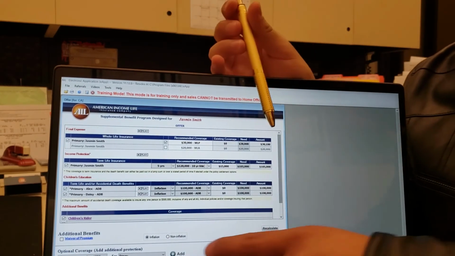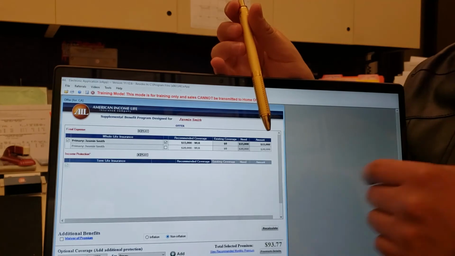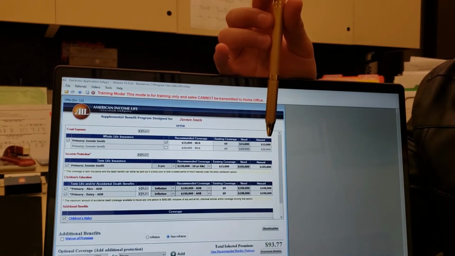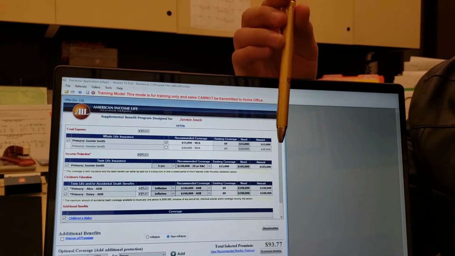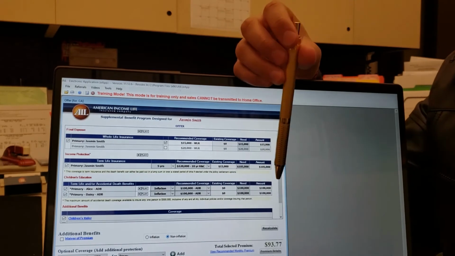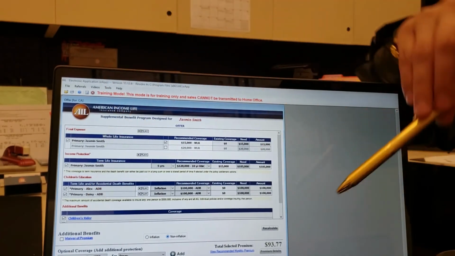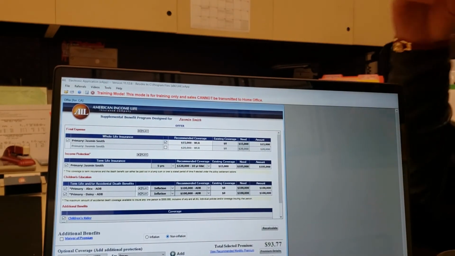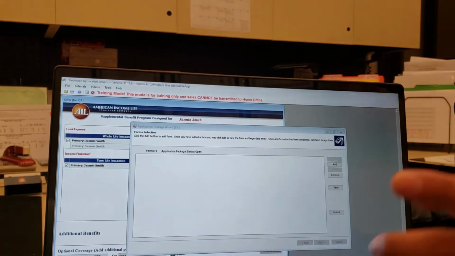And option C is $15,000 of your final expenses, still has $105,000 for income, $200,000 for accidental and the additional benefits, and that's $93.77. Now guys, what I did,